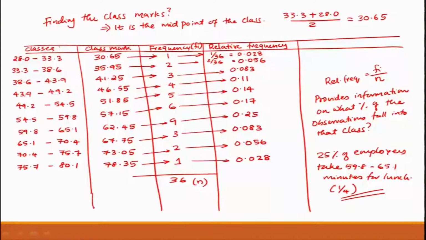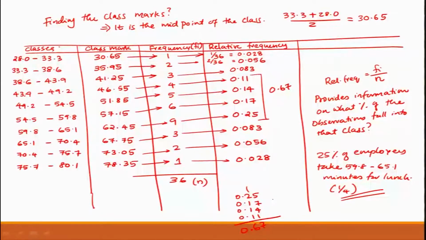Though you don't know the exact values of it, you kind of know. So you can see that in this time period you have 0.25, 0.25, then 0.17, 0.14, 0.11. If you add these up, that is about 0.67. So you can say that 67% of the people take lunch between